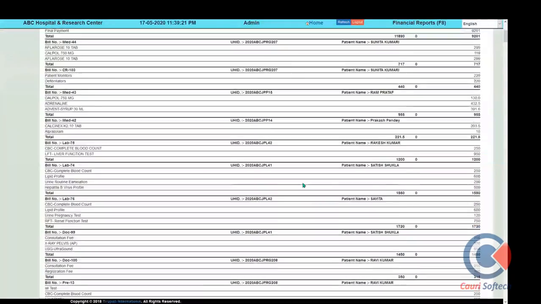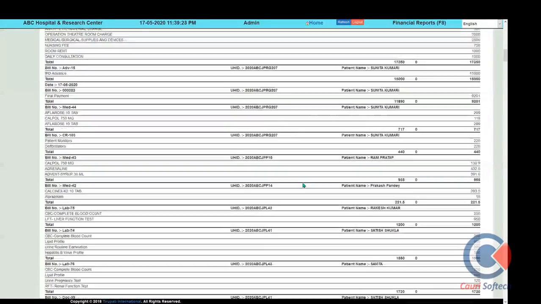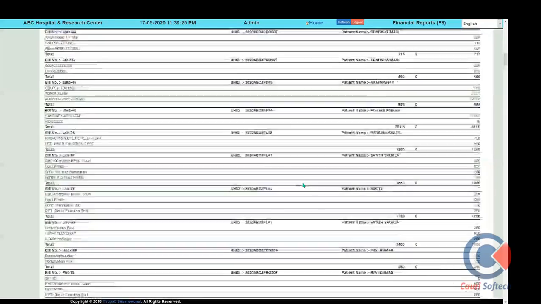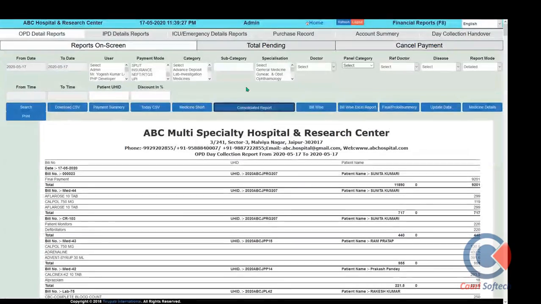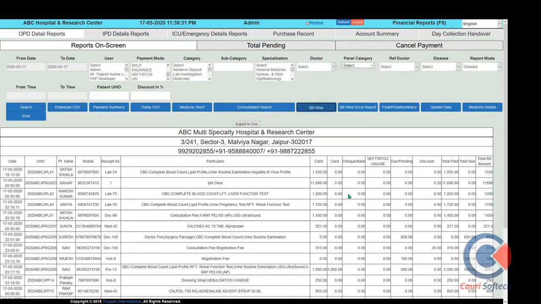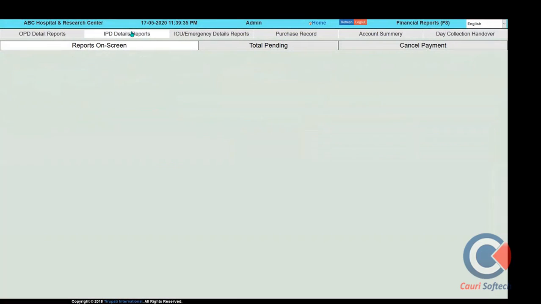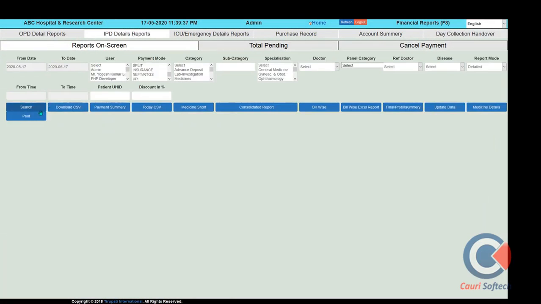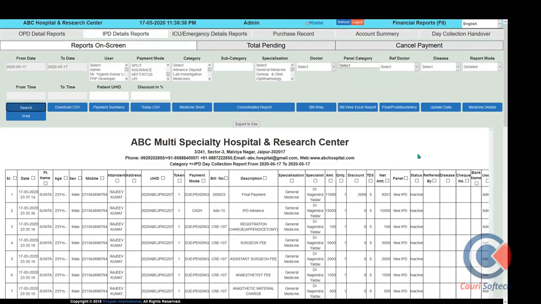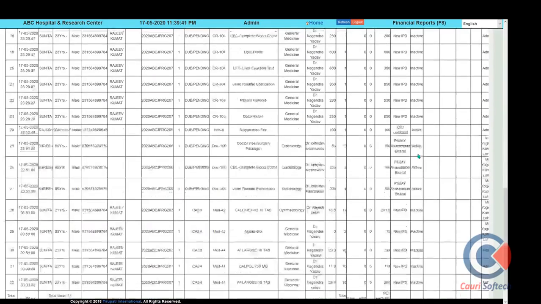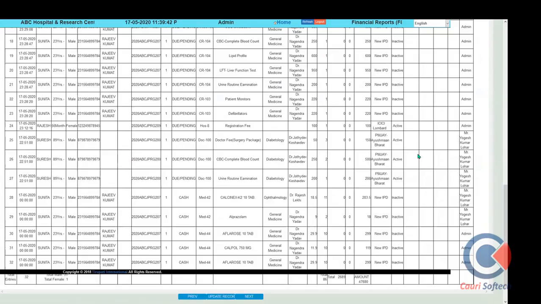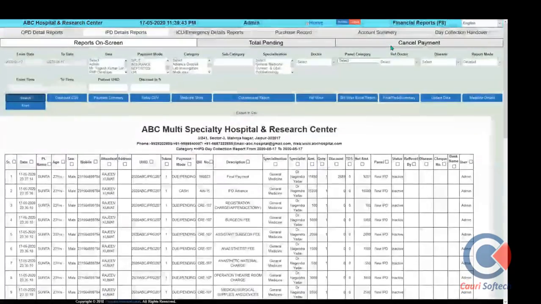This report can be seen here with the patient-wise and type-wise service, this being the second format. In the same way, if we want to see the bill-wise report we can click on the bill-wise report. So in this way the payment report can be accessed. By the same method we can access our collection also on one screen like this. All information with the patient name, ID, and all the details is here.